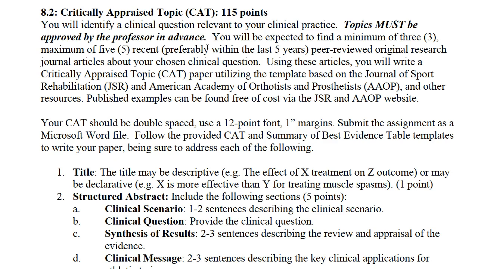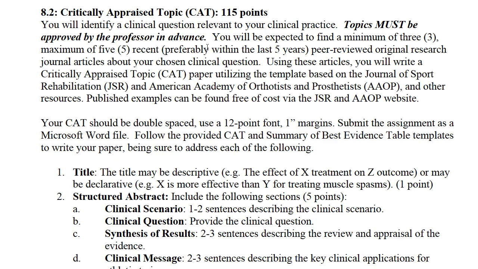Just going to hit the highlights again. You're going to write a clinical question. We're going to do that this week, actually in week 1. That's specific to your clinical practice. Topics must be approved by me. That's why I have the form, so I can approve your topic, and then I'll approve your clinical question and your clinical scenario. You'll see that throughout the class, you'll continually turn in your clinical question and clinical scenario, just as a reminder of what your question is, and it helps remind me what your clinical question is.